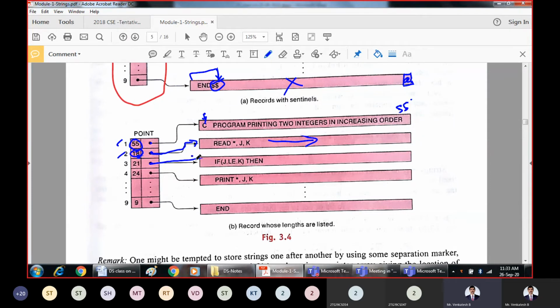And coming to the third entry, this is the pointer for the record. Starting from this location, read 21 characters, and so on. So we can use another approach, just including the length of the record along with the pointer. That is going to tell the program how many characters must be read starting from the given location.